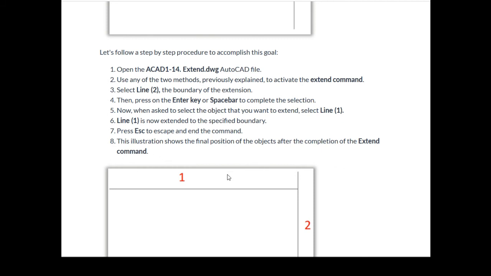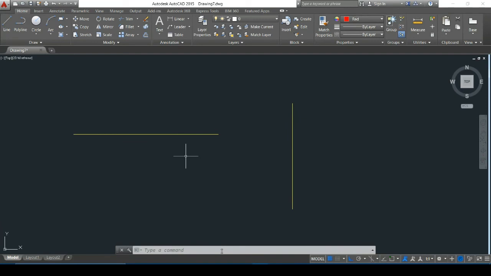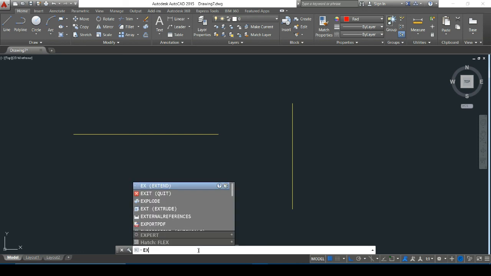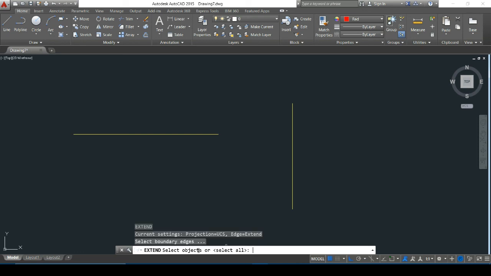Now I am going to show you the application of the extend command in AutoCAD software. Now I am in AutoCAD software. Here are line 1 and line 2. I have to extend line 1 to line 2. In the command bar, I am typing the command for extend, that is EX, then I am pressing the Enter key.